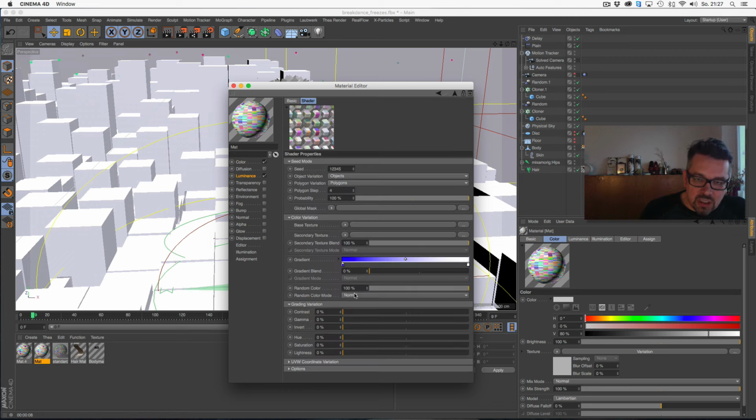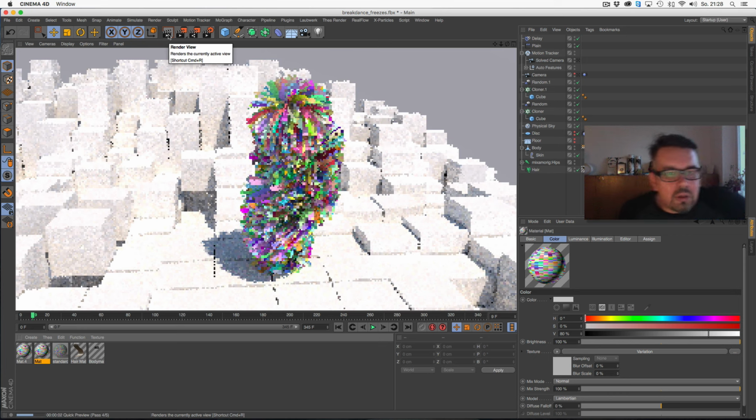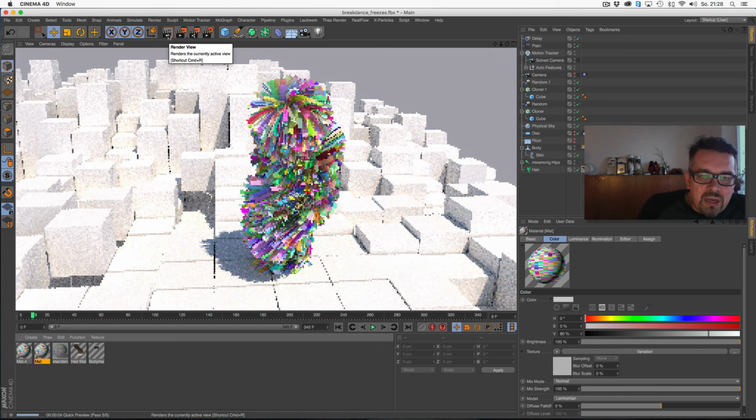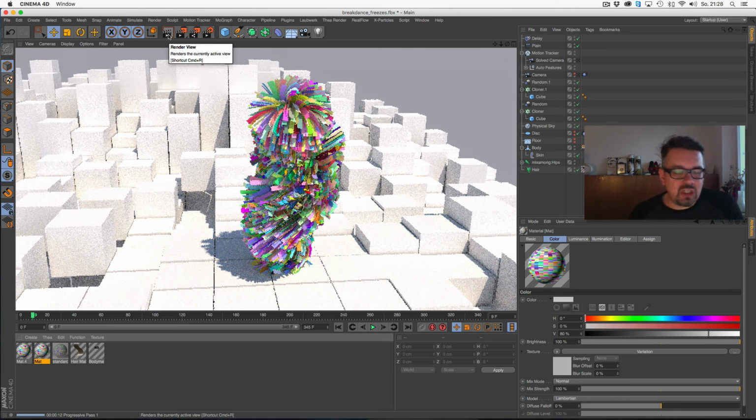Variation, set to replace, and now you do not have these very bright colors. Instead, you have some clean, colorful paper sheets that feel a bit, because of the backlight shader, like paper sheets or something.